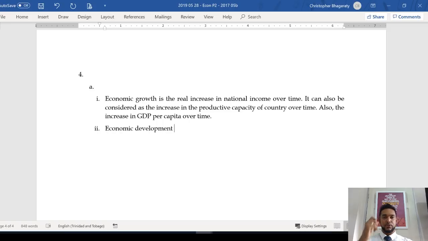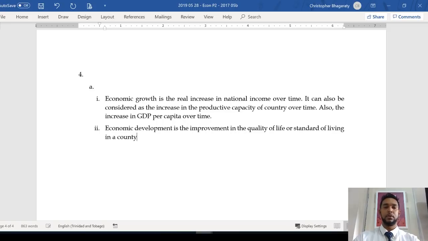Almost there. All right, so economic development is the increase, or let's put improvement, in the quality of life or standard of living in our country over time. If you want, how many lines? This can be measured by such things as